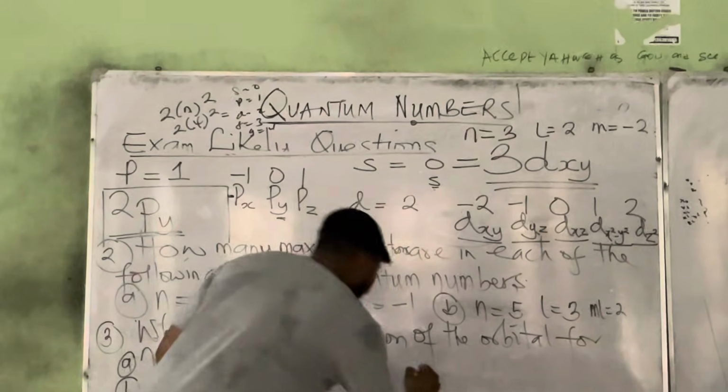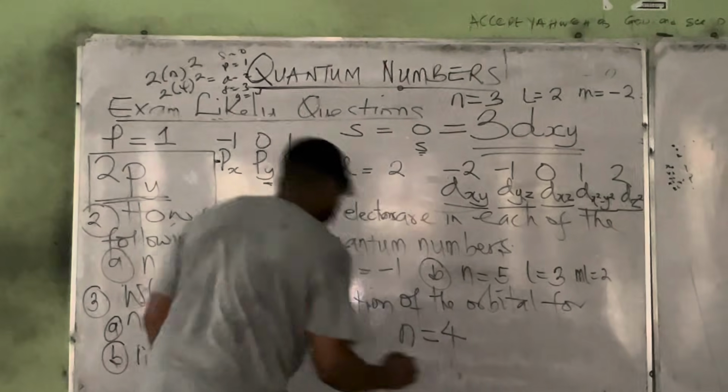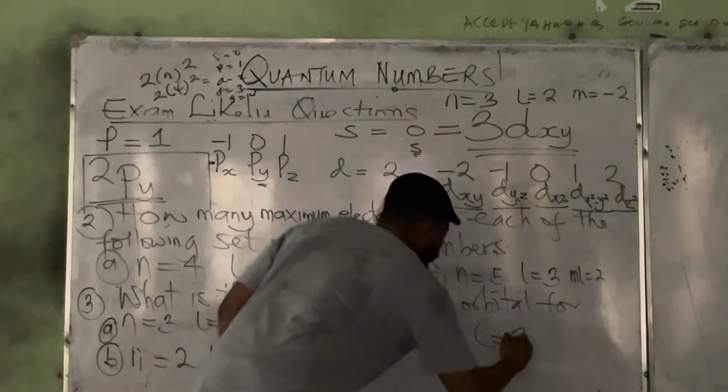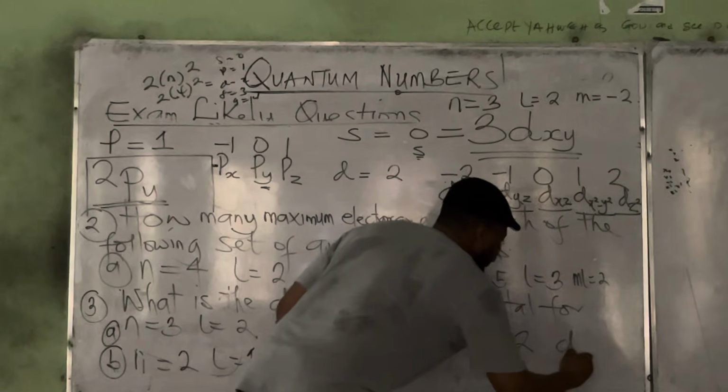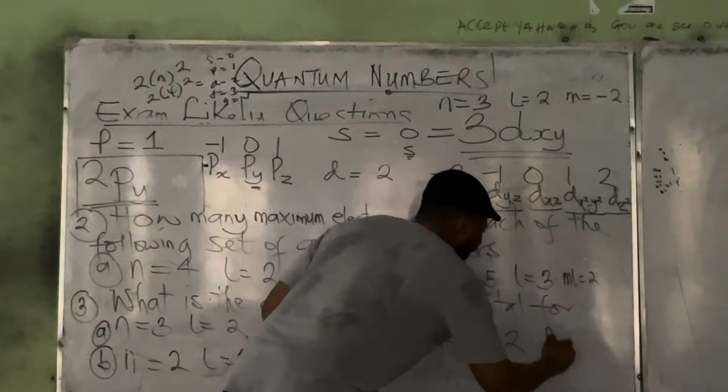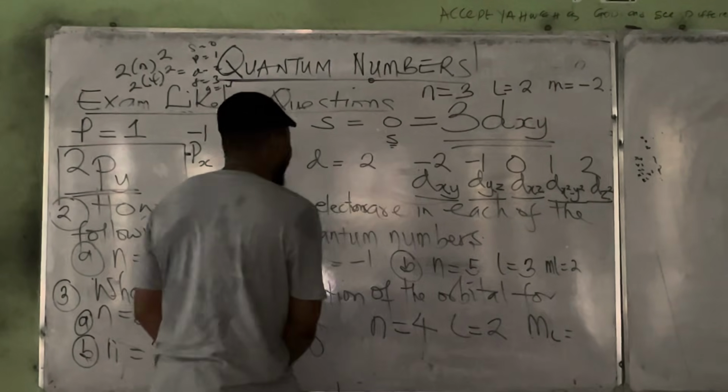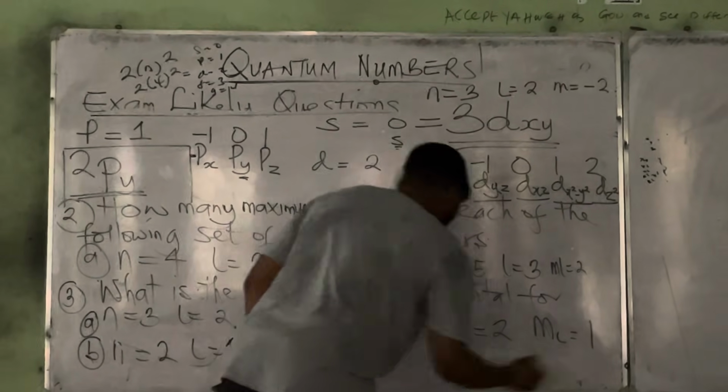So I want you to do this. n equals 4, l equals 2, and ml, remember I told you that ml and m are the same, ml equals 1. So please quickly